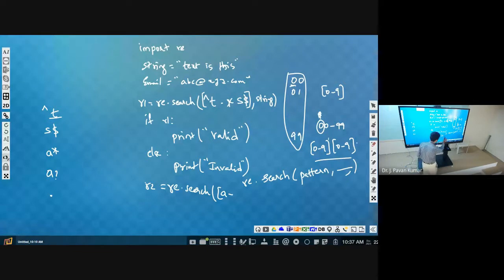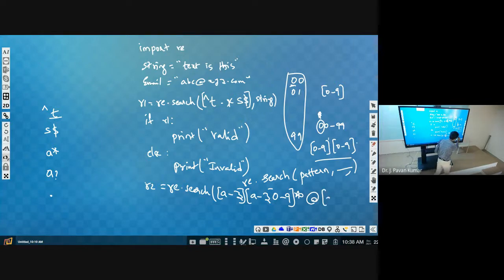A to Z, so the first letter should be an alphabet, one time. Afterwards any number of times we can have any other thing, so A to Z or 0 to 9 also we can have, right? 0 to 9 or A to Z, any number of times, then followed by @.